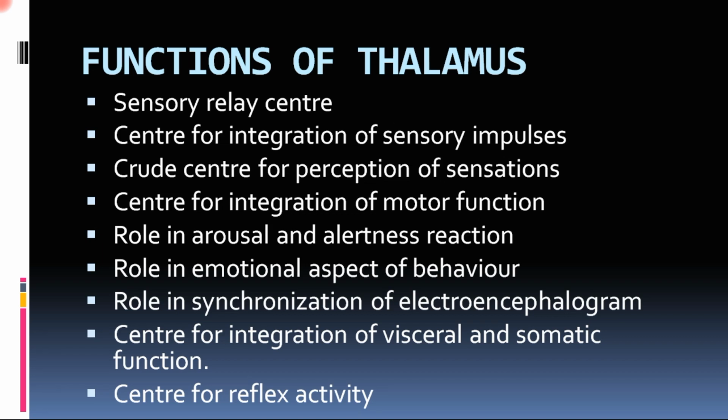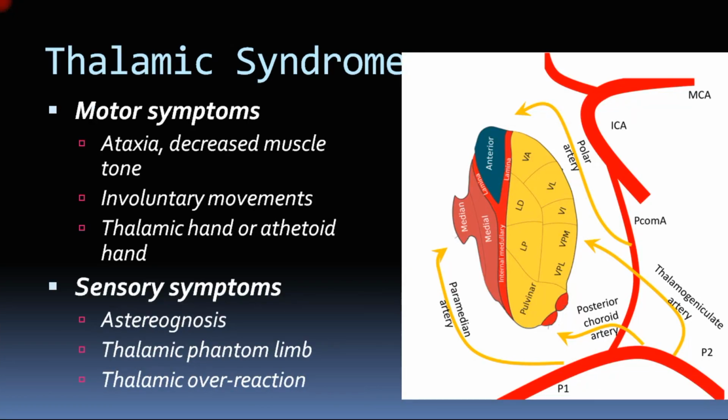So this is how the thalamus performs its various functions. By virtue of its connections, it performs all these functions. The last aspect would be thalamic syndrome. Thalamic syndrome is caused by the loss of blood supply to an important part of the thalamus. It is caused by the blockage of the thalamogeniculate artery. As you can see here, the thalamogeniculate artery supplies the